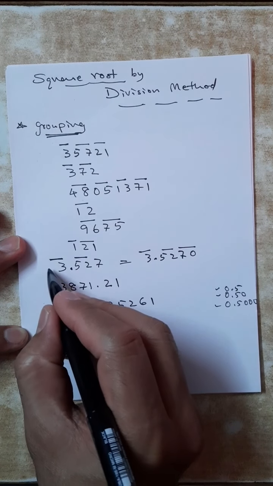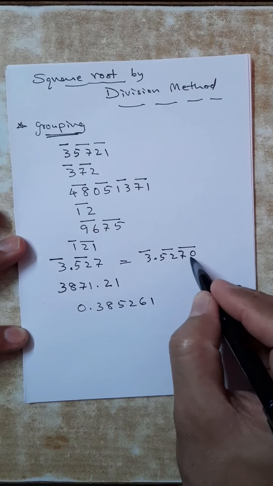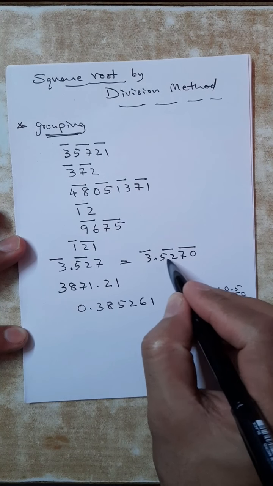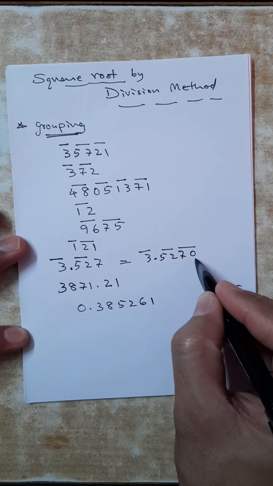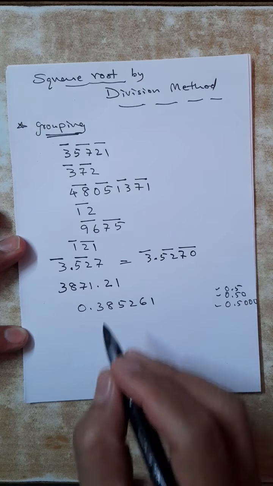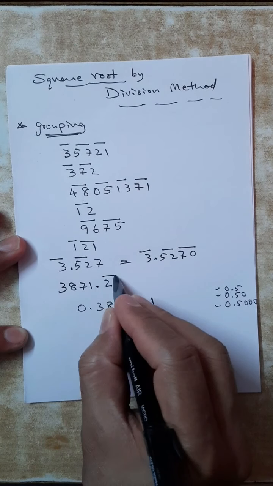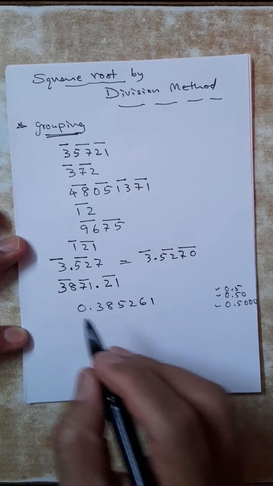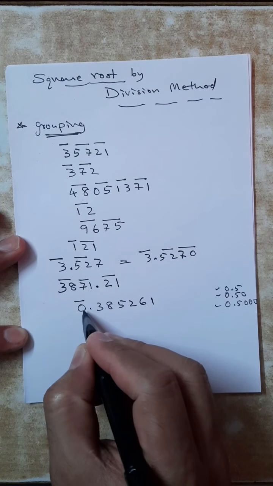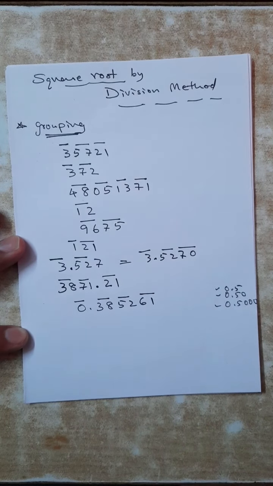Same thing can be done here. If you want, we can write a 03, but 03 doesn't make any sense. But 7 and 70, there is a difference. So we are considering first group as 52 here, after point 52 one group, 70 another group. I hope it is clear. Now here, this number, after point 21 is a group, 71 group, 38 group. Here there is no group. We can say 01 group, 38 first group, 52 group, 61 group.